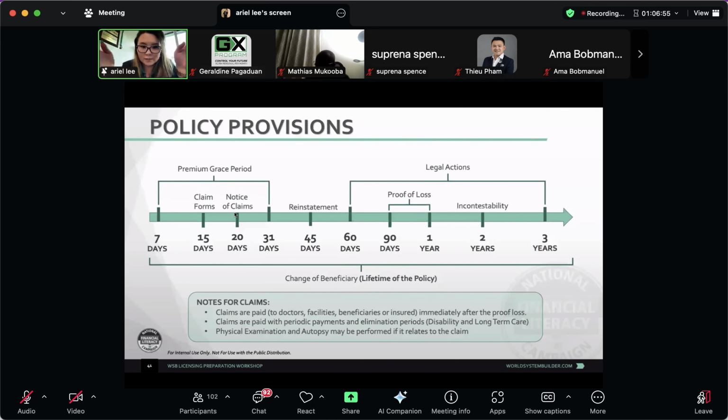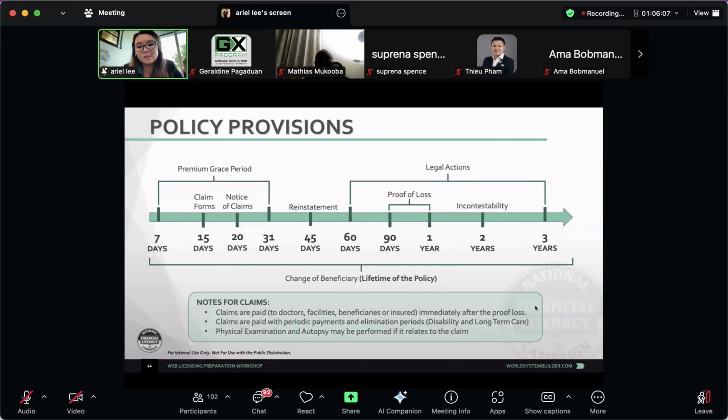So we have something called a reinstatement. And then from day 60 on till 3 years, that's called legal action that can be taken. From 90 days to 1 year, proof of loss. Usually for contestability, that's the 2-year mark. So that's why we have this timeline that's easier to remember. You guys can take a mental picture. It will be easy for you to remember all the dates and times that can be tested on the exam. 31 days, grace period, contestability, 2 years,